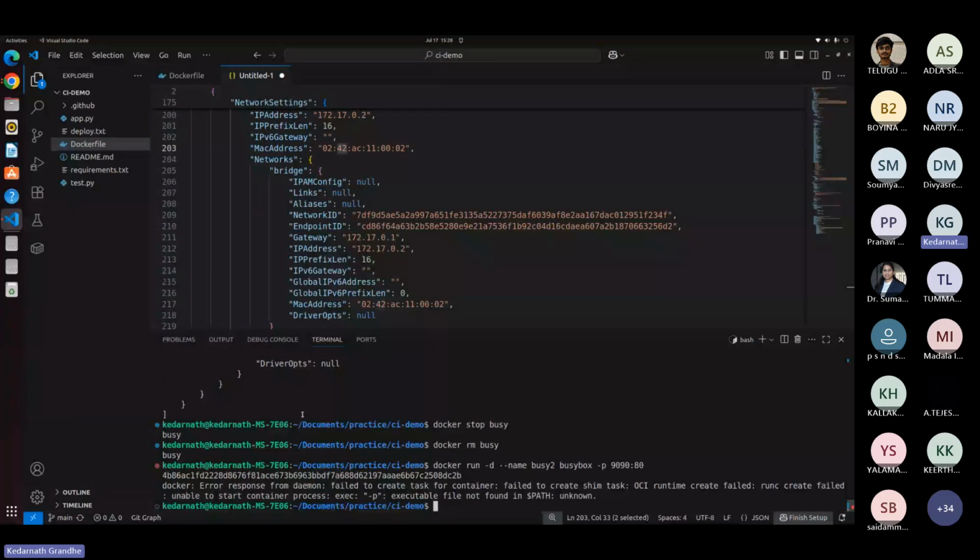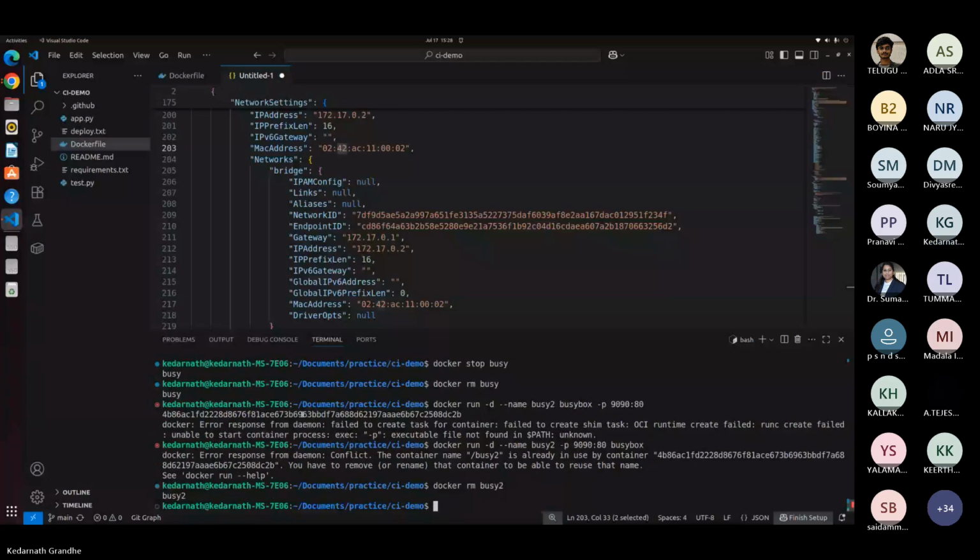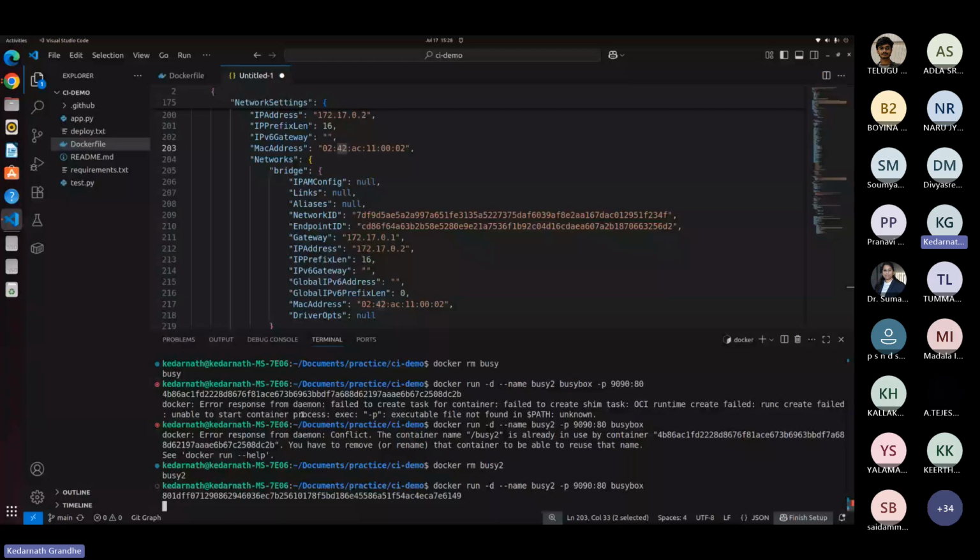Okay, I need to give it in front. The order of giving the parameters also matters. Busy2 is already running, so Docker rm busy2. Okay, it's created now. Docker inspect